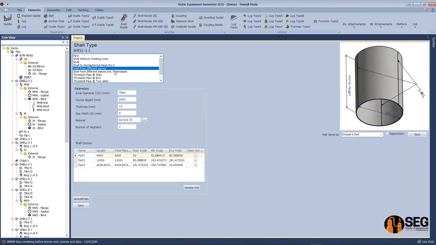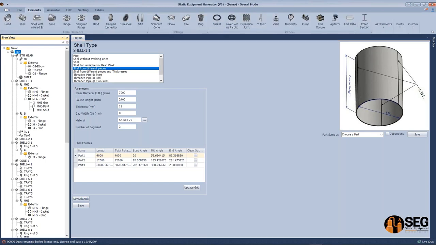This type, we usually use it on storage tanks, because in storage tanks, you may need to define each blade separately, the length of each blade or the circumference of the tank separately. Threaded pipes, many different types on shell. And if we come back here to the